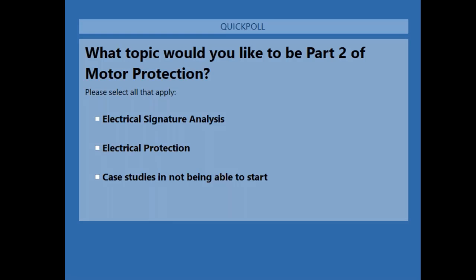We could focus on electrical protection, where Terry perhaps puts some of these settings in an actual motor protection relay. Or we could focus on some case studies of a customer who called. Electrical protection was actually the next step beyond this: how we determine and detect that we actually have an electrical fault in the motor. And you can vote for more than one. That is correct. And we can focus on some case studies where a customer could not get a motor started, and after calling AAA,